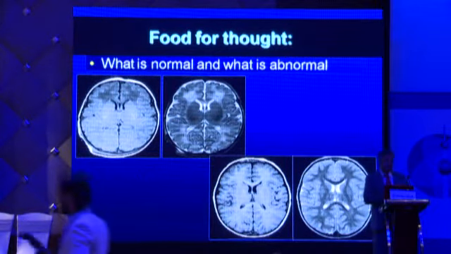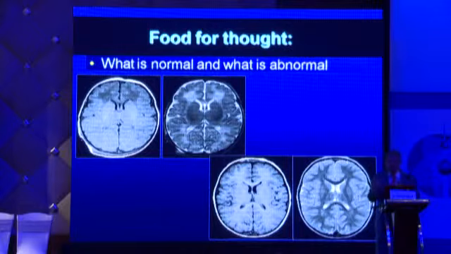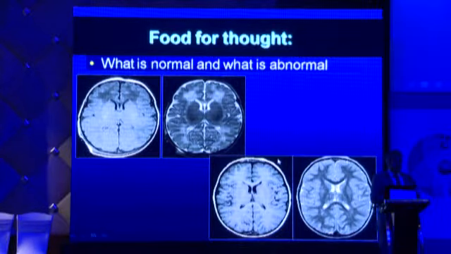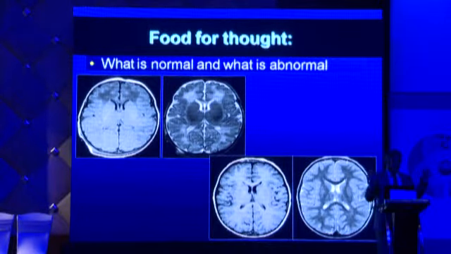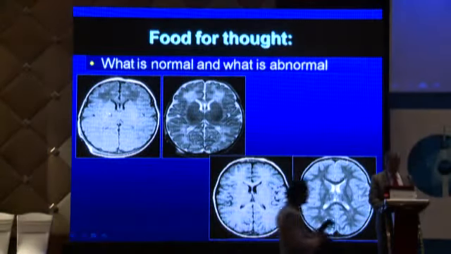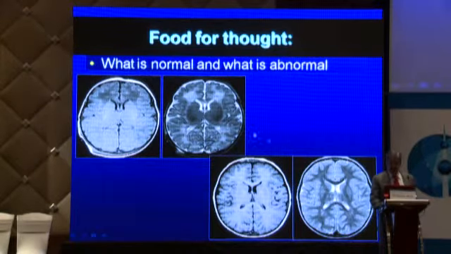In 1994, that was the first time I saw MRI of the brain in a very, very young child. And I made a mistake, and that's a mistake I don't want anybody to repeat again. So I'm showing you two slides. These are the first two slides, and these two slides. Which one do you think is normal, and which one do you think is abnormal? It's a trick question. Don't answer it. We'll come to this later. But just think about how these look different. This is a T1 image, this is a T1 image, this is T2, and this is T2.